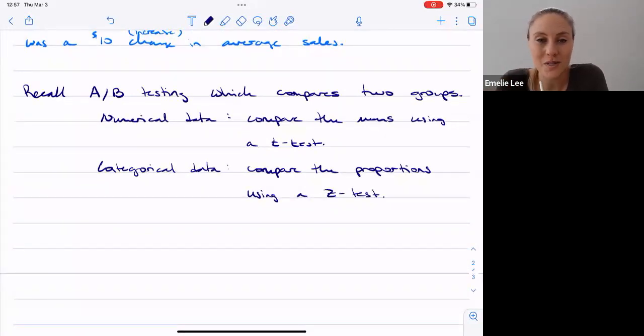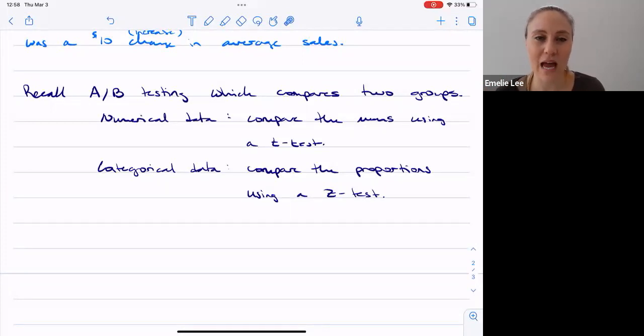And we could do it using permutations or kind of resampling, or we can do it the old-fashioned way with established sampling distributions. And that's the way that we're used to doing it, right? A t-test or a z-test is with these sampling distributions. So we could use resampling instead, but here let's just go back to our roots and what we're familiar with, right? So a t-test or a z-test, okay?